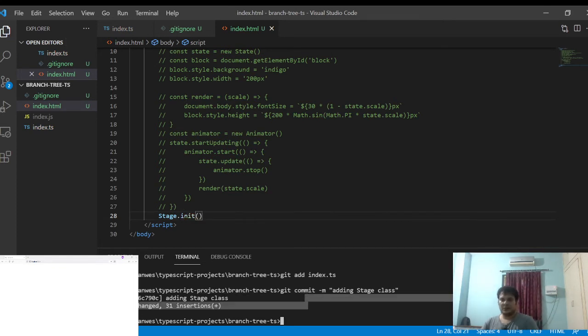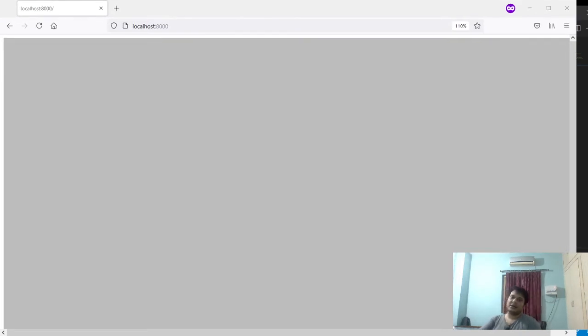So what will happen is it will just draw a rect having that back color. So it will give us a gray background, which initially we had for the body, and now we are doing it through our stage class.